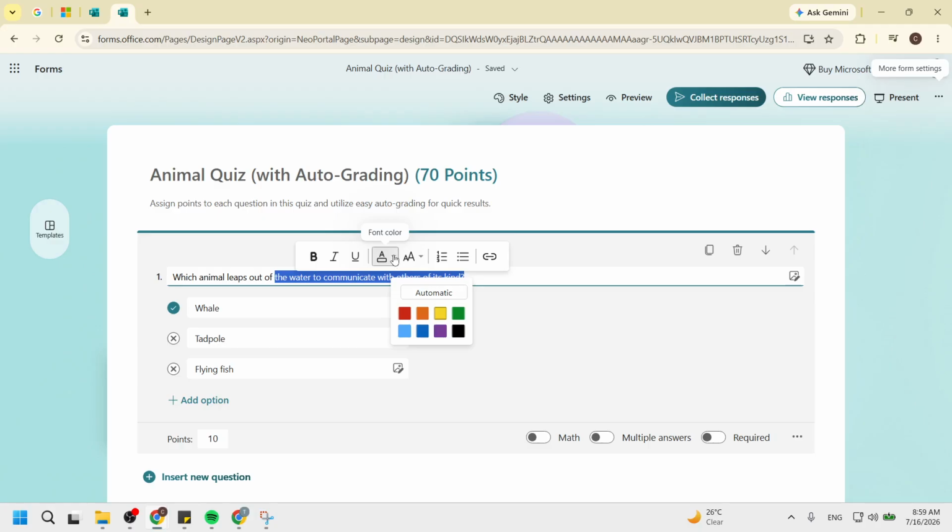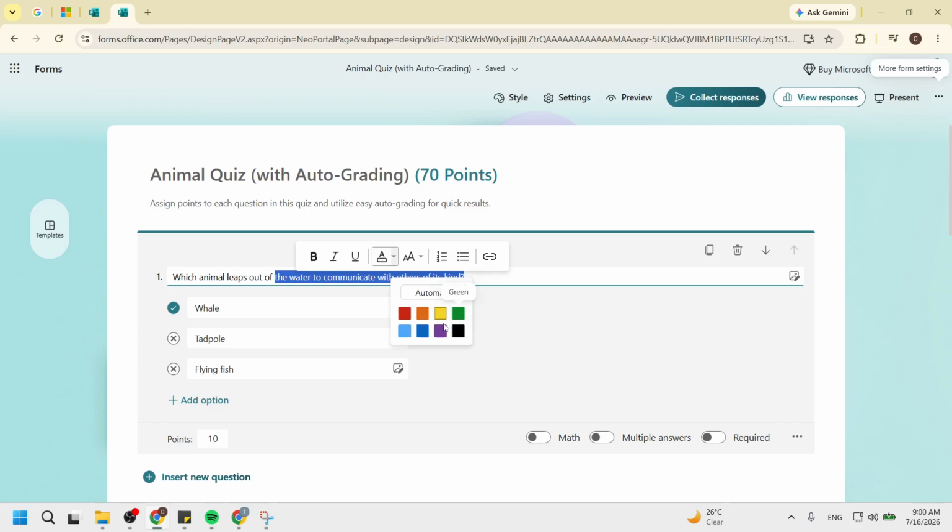Next, select your preferred color from the drop-down palette matrix. A wide array of colors will be displayed, allowing you to pick the one that best fits your form's theme. Choosing the right color can significantly enhance the readability and aesthetic appeal of your text. Make sure to take your time to find a color that aligns with your vision for the form.